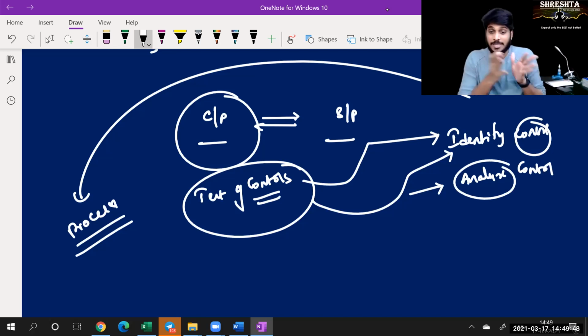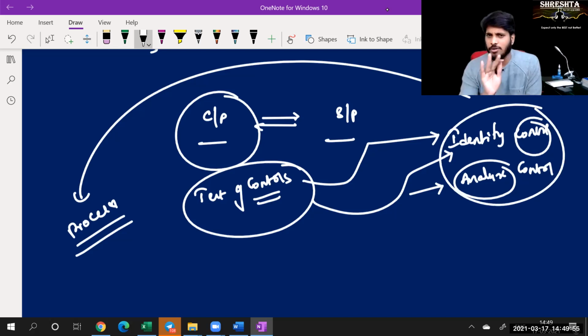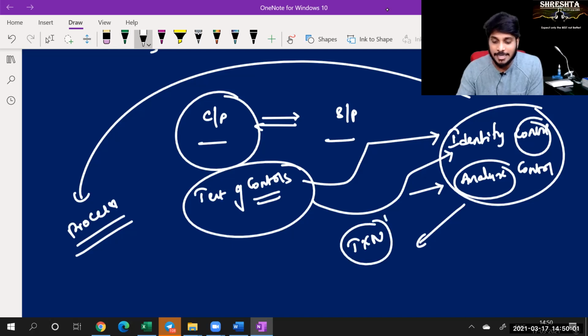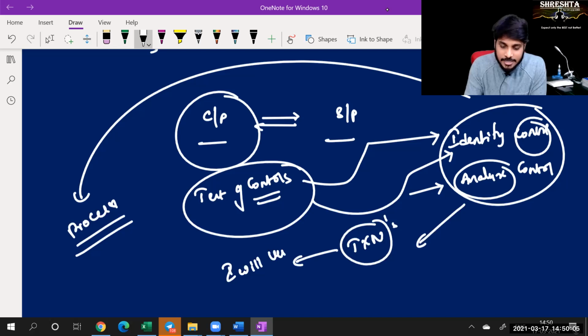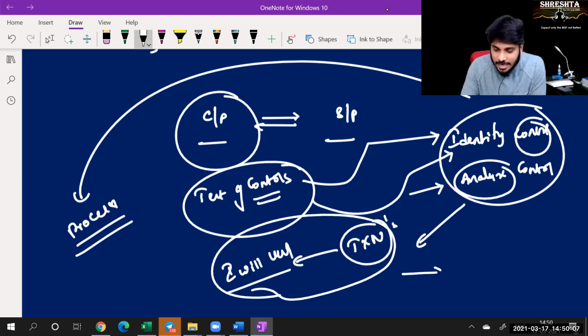First of all, I should also check whether that process is correct. Is there any loophole in the process? I need to check. Suppose finally done, understood. I found the process is correct. Now, by using this process, the company has done some transactions, right? These transactions I will verify. Verifying these transactions' actual data is called a substantive procedure.